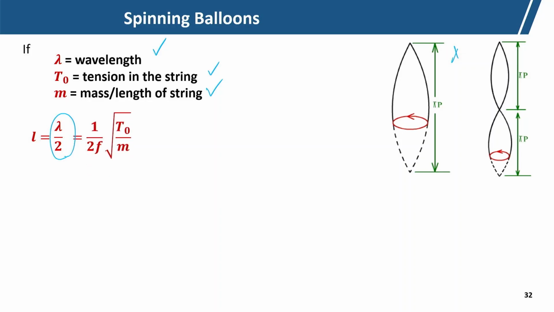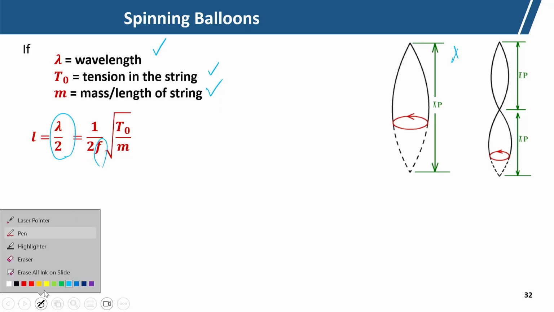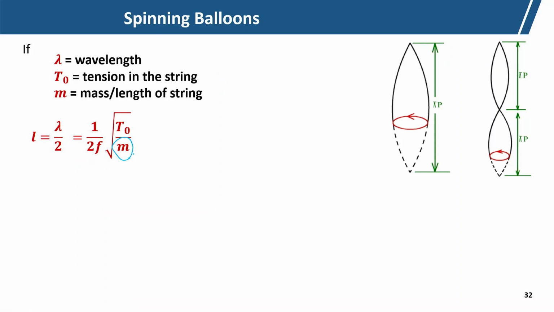So, we can see that L is related to 1 by 2 f, where f is the frequency of vibration, and T0 by m, where m is the mass per unit length. So, from this relation we can calculate that 1 by 2 f is equal to pi by omega, the rotational velocity, multiplied by under root T by m,